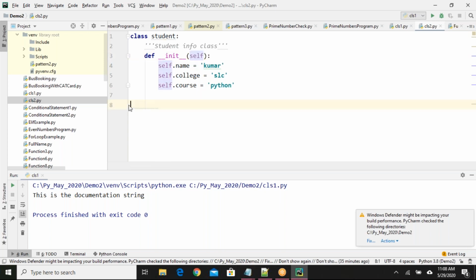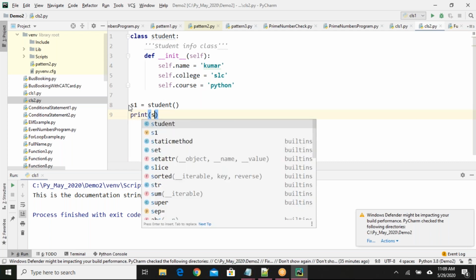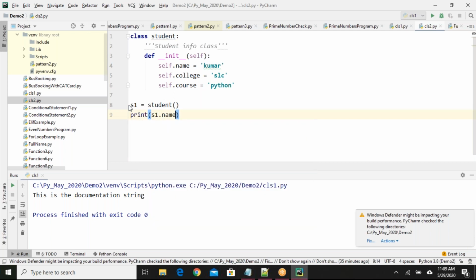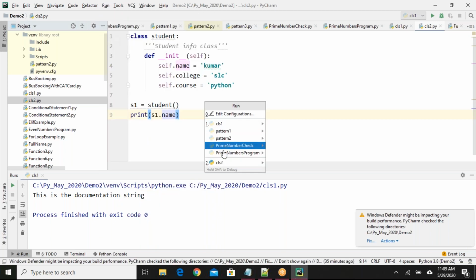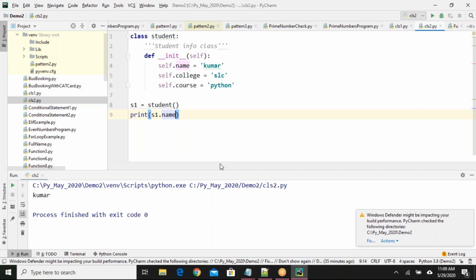Okay. Let me create an object and show you. Like, S1 equals to student. Print s1 dot name. Can I do this way? Let me run class 2.